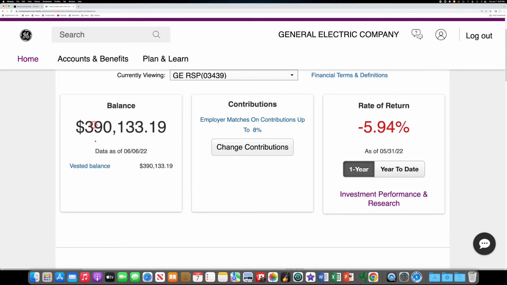Let's talk about this big number, almost $400,000. How can you get almost $400,000 in your 401k? All you got to do is start investing in your 401k and be a long-term investor. Monitor your 401k and pick the funds that fit your investment style. That's what I did. This stuff is super easy. It's all about click, click, click, click. And I'm going to show you how to click and what to click.